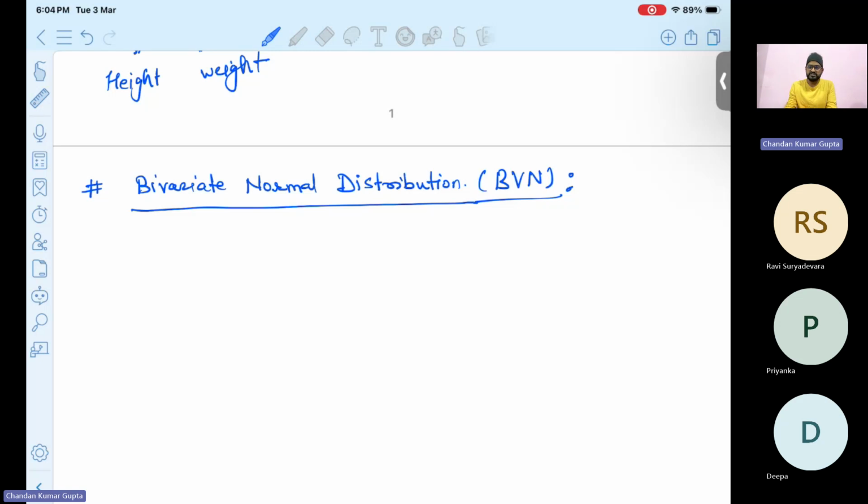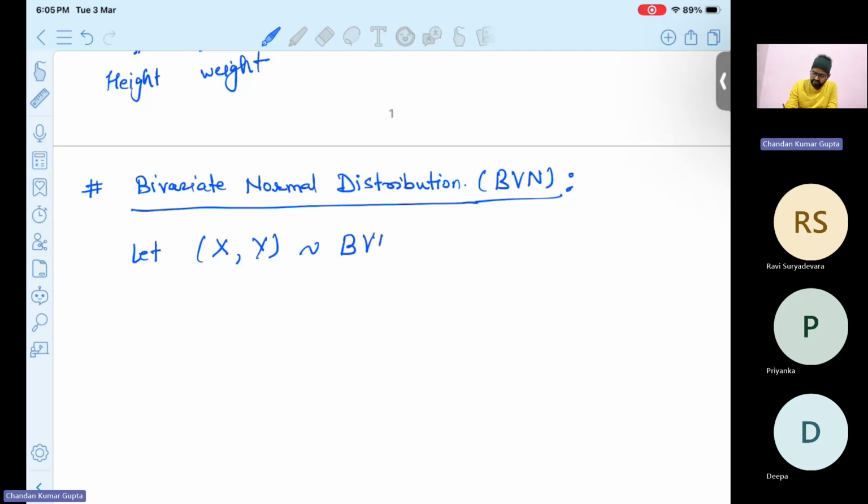There are many properties of this distribution, such as skewness, kurtosis, and so on. But first, let's start with the notation. Let (X, Y), or (X1, X2), whichever you like,